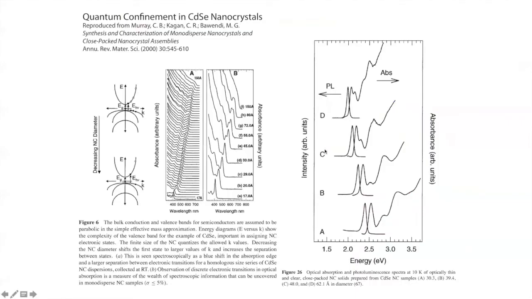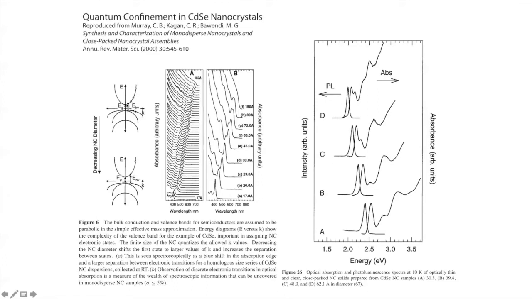Remember that each of the peaks you see in these spectra corresponds to discrete values of K. Here are E versus K diagrams for cadmium selenide. Different sizes of those crystals don't actually change the energy versus K diagram, but they do change which states are allowed in the particle in a box sense, which states go to 0 at the edges of the box. Those states correspond to discrete values of K, denoted by these circles on the E versus K diagram, and you see optical transitions from each one of those different K values